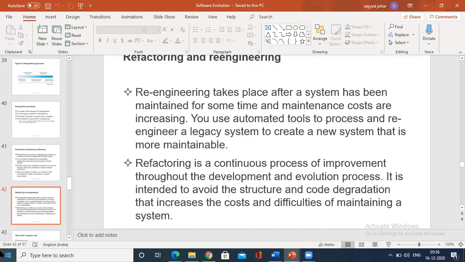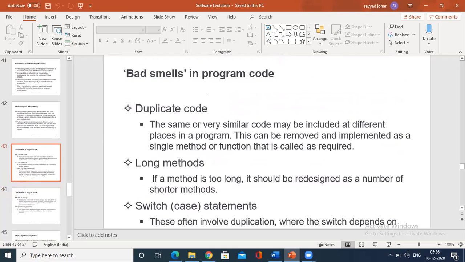Usually the refactoring inherits all the concepts of programming. So what could be the drawbacks, the factors that are included?